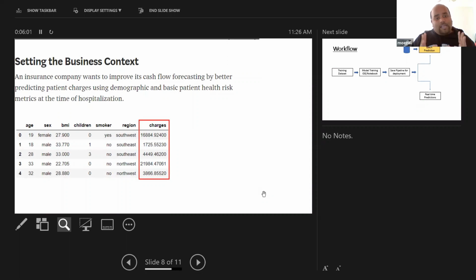In this case, let's assume there's an insurance company that has basic patient data, which is age, gender, BMI, children, region, and his or her smoking status. So nothing confidential, but some basic data based on which the insurance company wants to predict what the hospitalization charges would be, right? So that's the use case, and building on this,